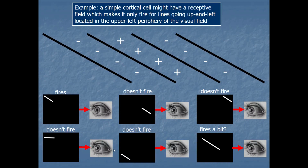The correct angle bottom left doesn't fire. And maybe you got the correct angle with a line that does overlap somewhat with what we're looking at and also hit some other areas, then it might fire a bit. And basically the brain can look for patterns of different simple cells going off to know where we're seeing various lights in the visual field, various lines of light or lines of contrast, right, edges,